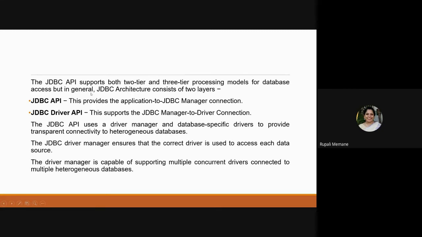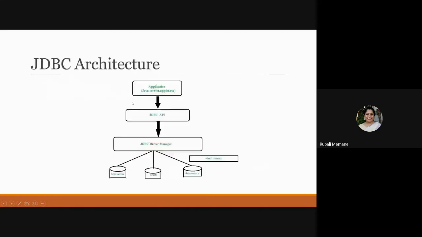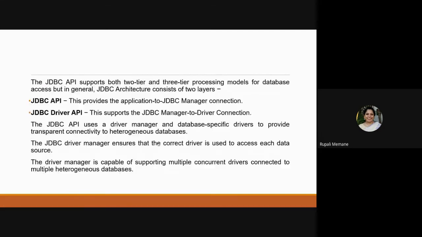So JDBC API, basically you've understood. Now JDBC driver API. JDBC API is from the API to the application, fine. And JDBC driver API is from the JDBC API to the driver. So this communication also has to be perfect. JDBC API will be divided in two parts, one with which it connects with the front end and one with which it connects with the back end, or the driver. These are the two APIs: JDBC to the front end, and JDBC manager to driver connection.